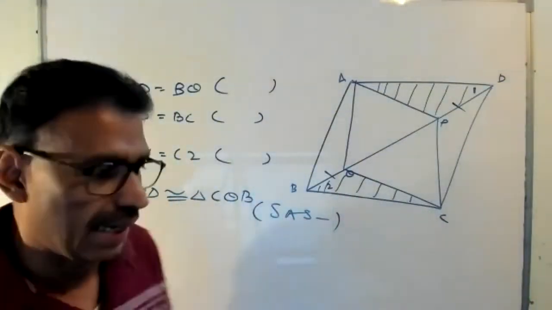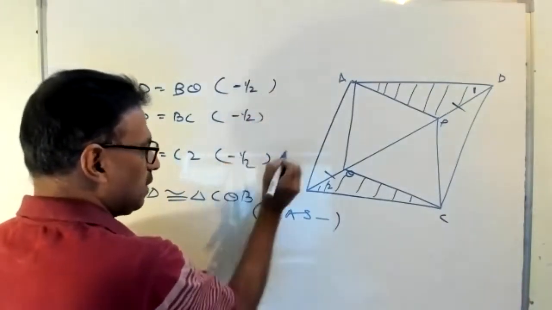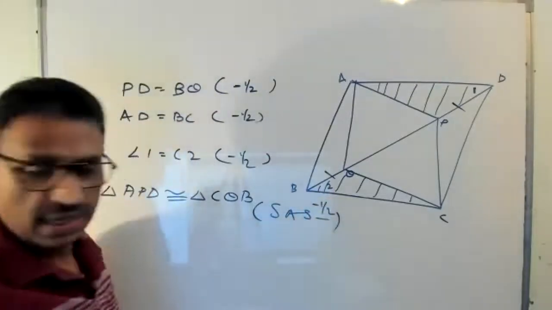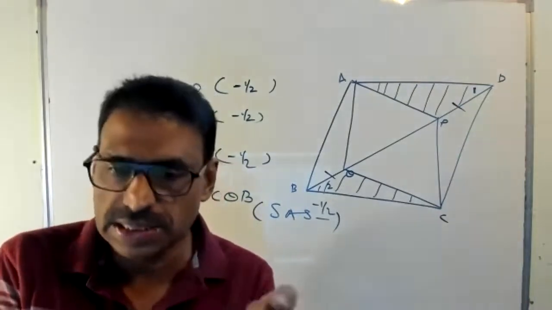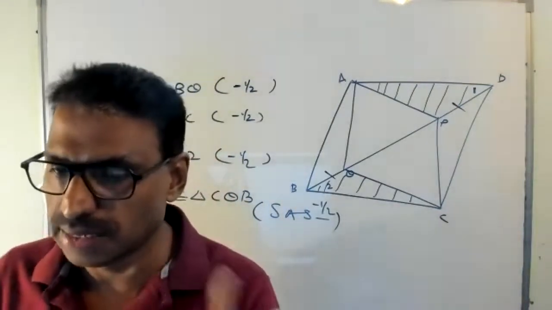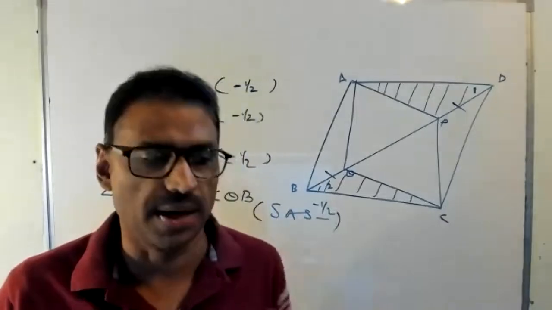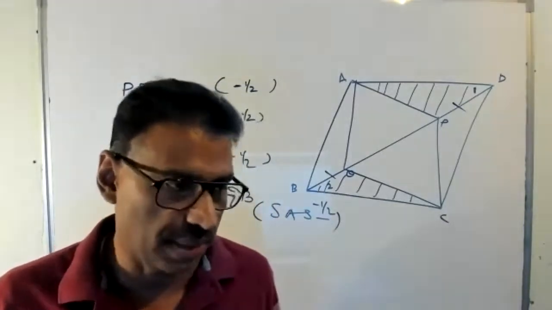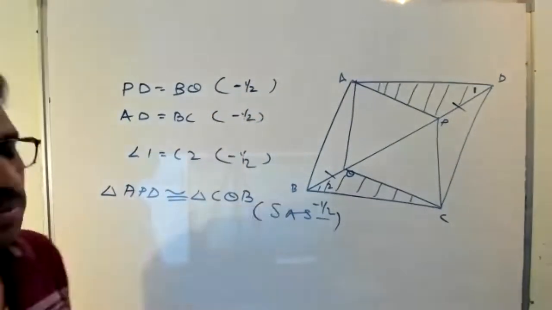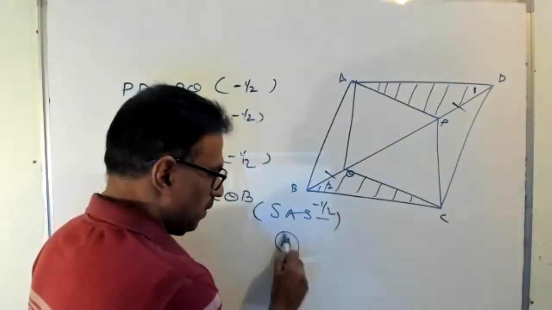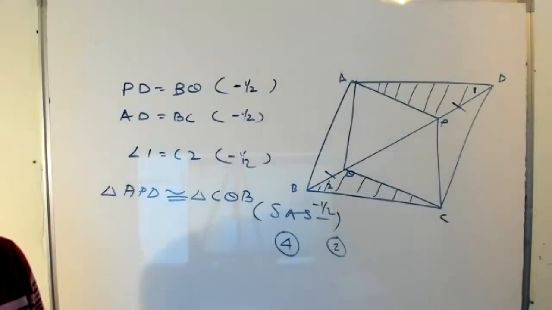You write given. If you don't write given here, minus half mark. Here minus half mark. Look here, just an example. Even though you wrote everything, I just want you to learn how to learn. Suppose you wrote everything, given, proof, and figure, everything there, but the reason is not there. How much did you lose? Minus 1, 2, 3, 4. That's 2 marks lost out of 4. You'll get 2 marks on it. Clear or no? What I said? Yes, sir. Okay, so be careful with this one.